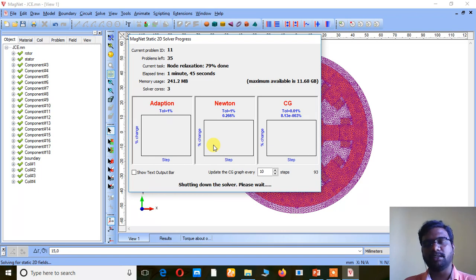Now if you see the torque characteristics, this torque characteristics do not have as much ripple content as previously, right? Because the mesh size has been reduced to 1 mm. So now we are going to see the torque characteristics after this solver page disappears.